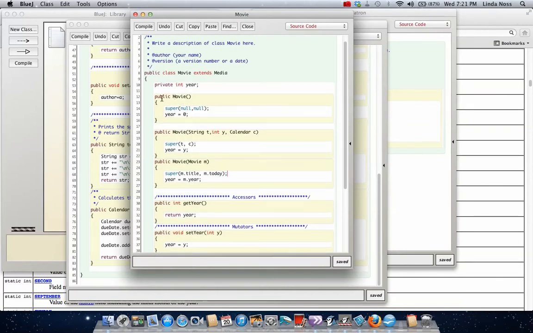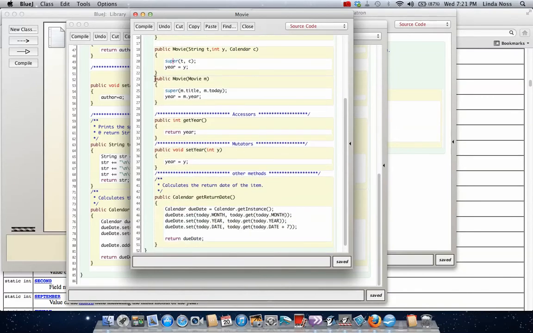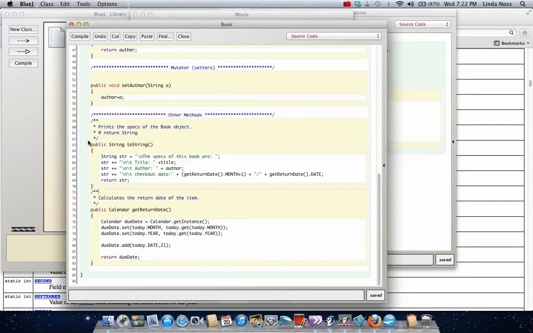I've got my default constructor with my super in there. I've got my normal constructor with my super in there. I added another constructor in because you can have more than one movie, so I have a movie copy constructor, and you can see how I use the super there. Then I have my get year and my set year, and I do have my date with 7 days, and the one thing I didn't get was my ToString, so